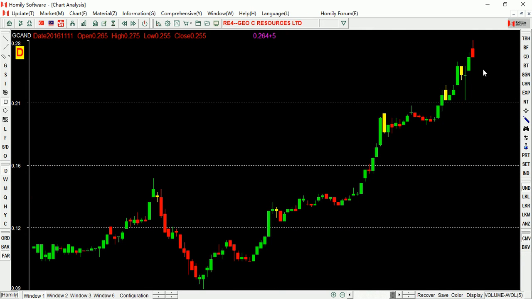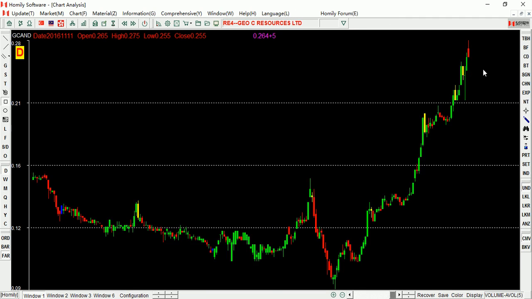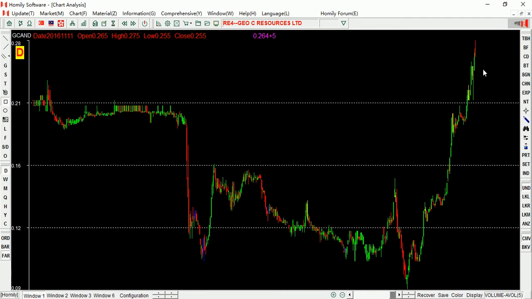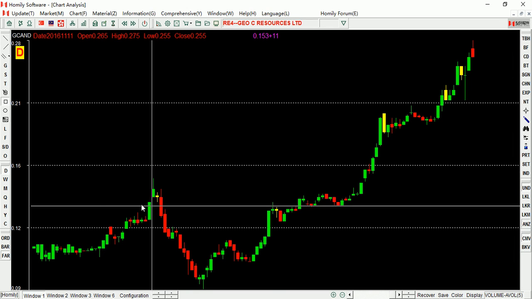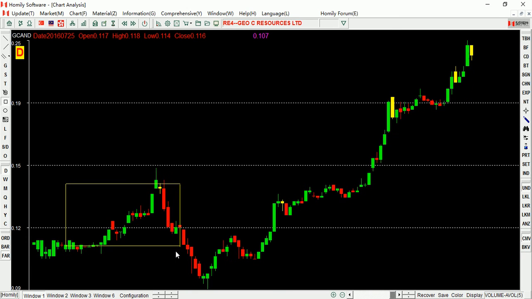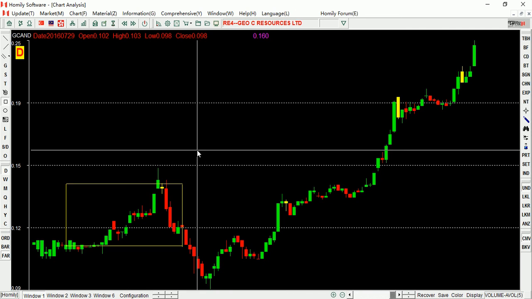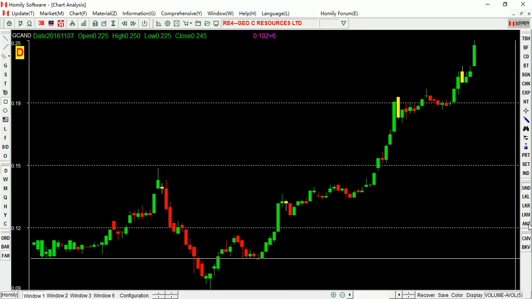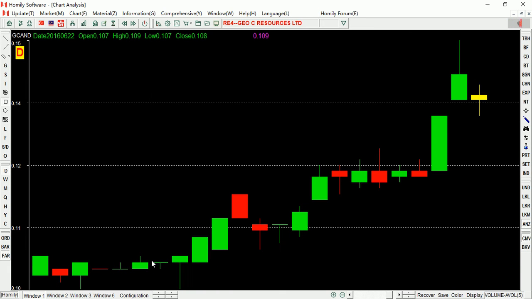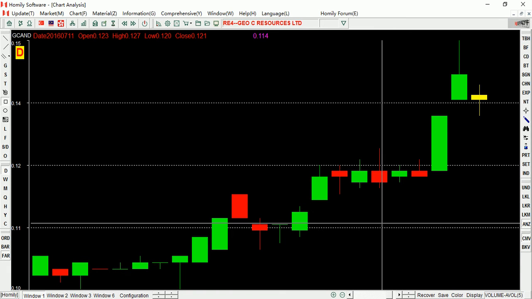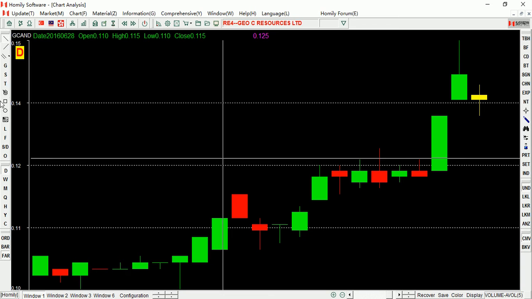Then we can see this one. Is this one good or not? It's strong, right? Okay. So we can see there's a yellow candlestick, right? So let's see this one. The yellow candlestick appears. We should pay attention, right? Then we can draw the line.